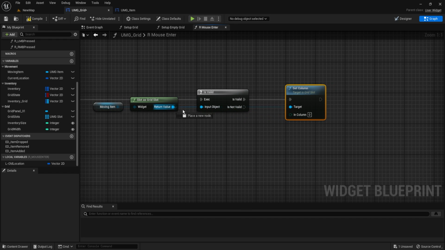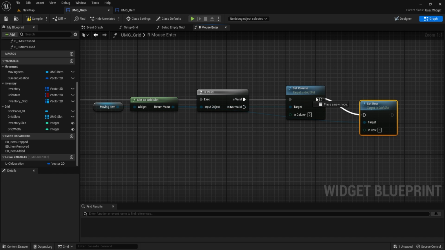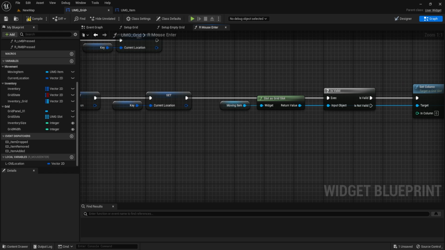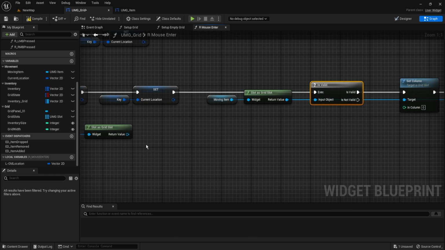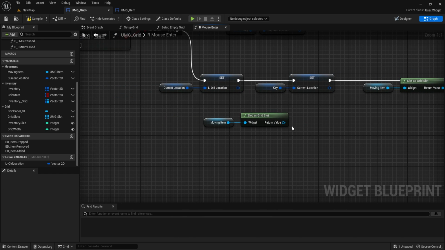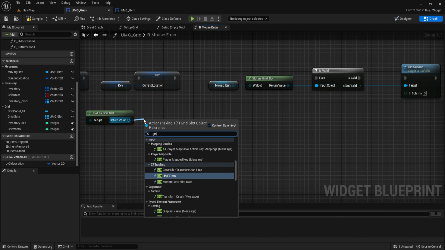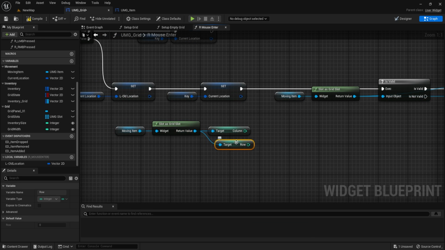and then we will say set row. Sorry, set row. There we go. And so to determine these, we're going to need an extra function, I think, or no, we don't need an extra function yet. We'll need a function later. So to do this, once again, we'll need a reference to our grid slot here. Now, because this is going to be called here and how Unreal works, because we're using this as a pure cast, we can say, if this is valid here, then we're calling this for these functions, so it's fine as well. So we want to get column, we want to get row,